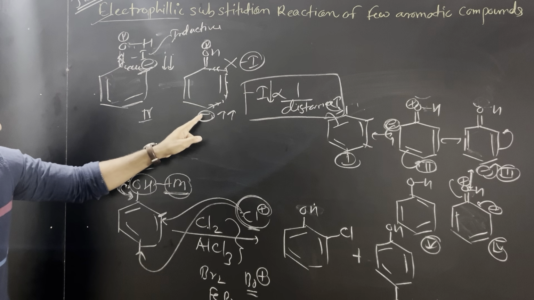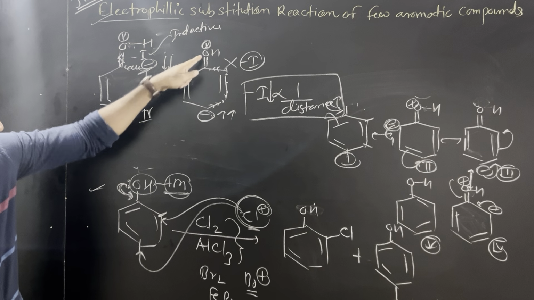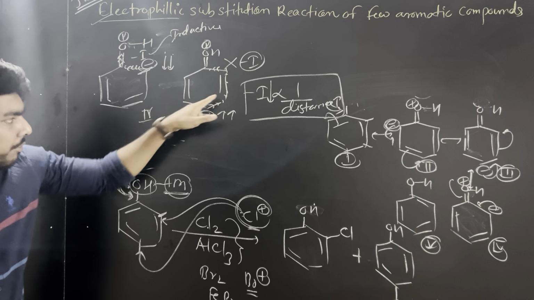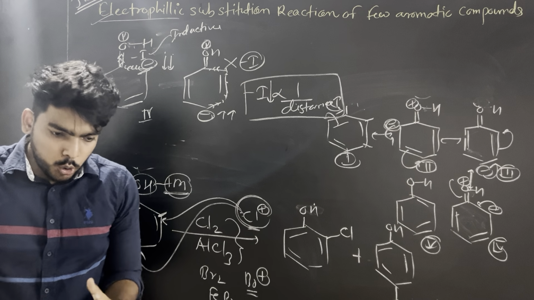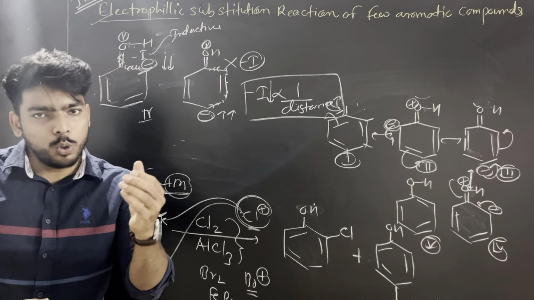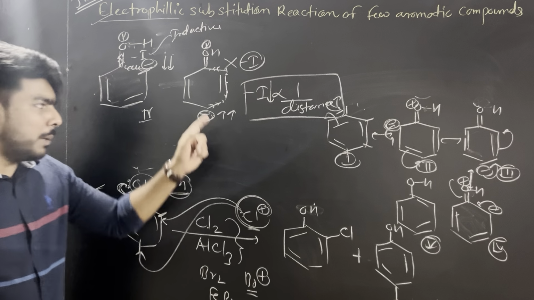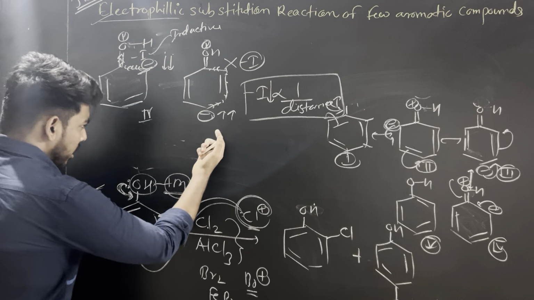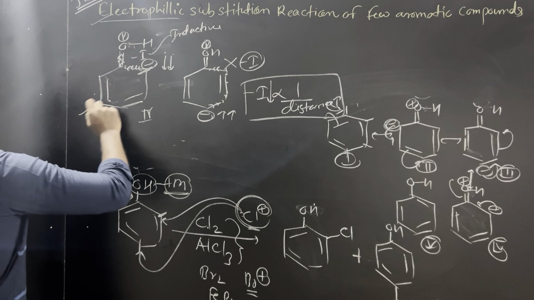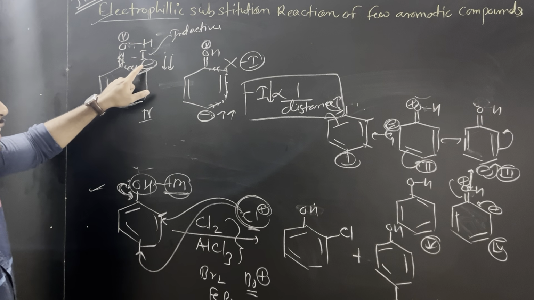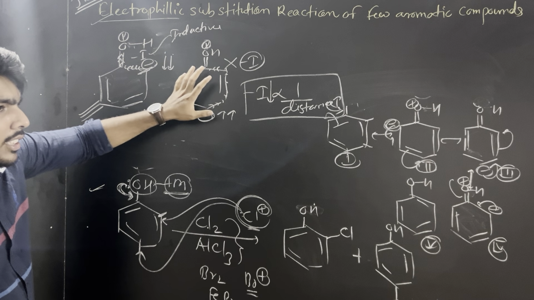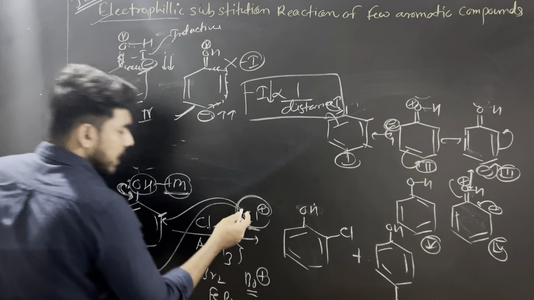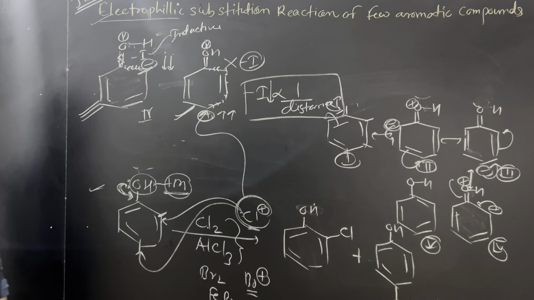So we can see on this particular position from its para, the O and this negative charge density is far away. It's 1, 2, 3, 4, four carbons away, and we also know that the inductive effect lasts only up to 3 carbons. So in this case the inductive effect is very negligible, or we can say there is no inductive effect as well. That's why inductive effect is only applicable for this compound. That's why electron density will get reduced on this structure, and electron density will remain at this structure. That's why the para position is our major product, because the electrophile will attack only on the para side.